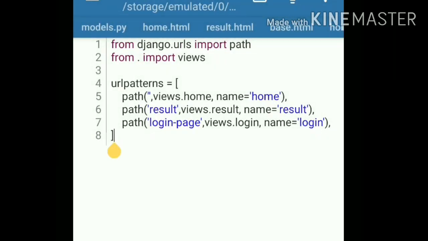Now I'm going to show you how to use regular expressions. To use these regular expressions, first before the string use r, and use the caret in the beginning and dollar sign in the last. So it will redirect the page if you enter this results only. Okay, I'm going to show you if you will not use regular expressions. So it will also match this, I mean it will also match something like,